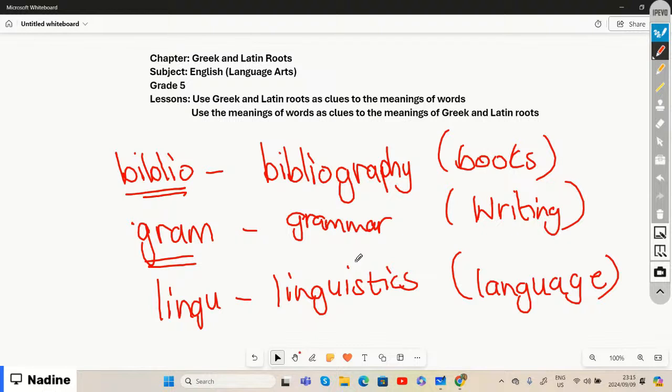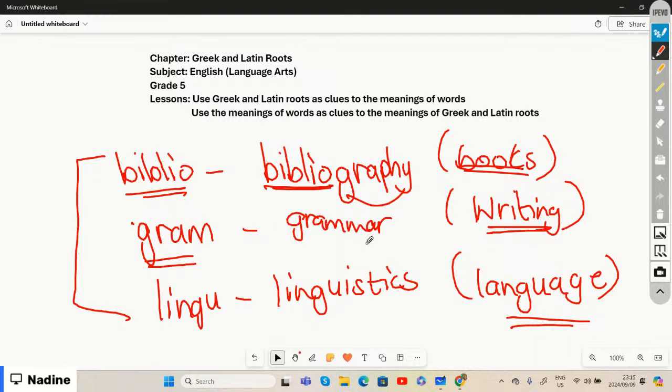Right, so these are but a few examples of Greek and Latin roots. Here we have the Greek and the Latin root, and here we have the meaning of the words. And then if there's a word that we can make with that, let's say the Greek and the Latin root,